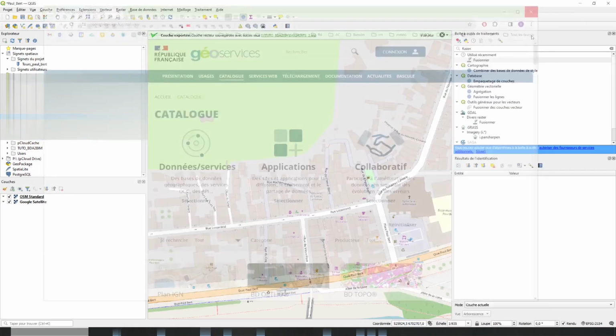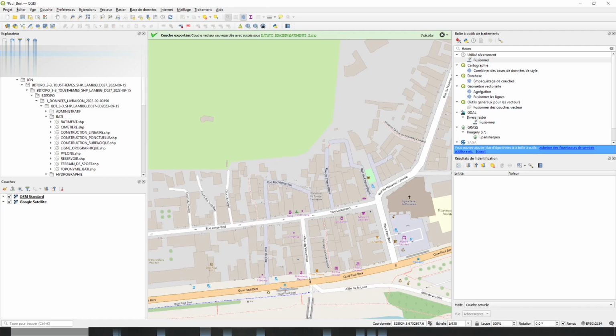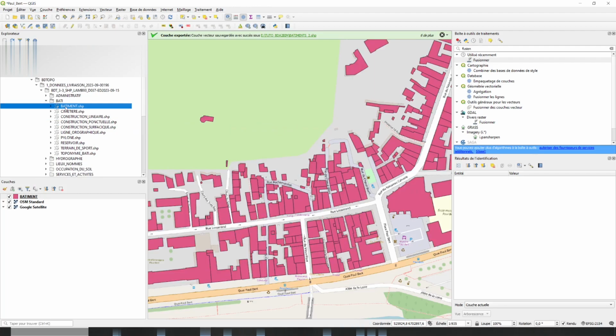So I will guess you have downloaded these files, and you download and unzip. And for vector data, for example, we have all the vectors of the Département 37, Indre-et-Loire in France, that are regrouped in one directory that is here, administrative, and if I go down to Bâti and Bâtiment, I will get the buildings. Well, you also have the ability to download a geopackage, but I will use SHP with shapefile format. Well, if I